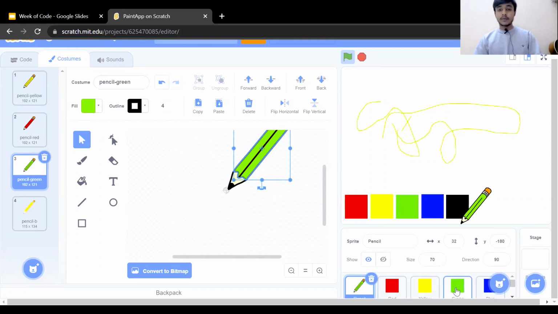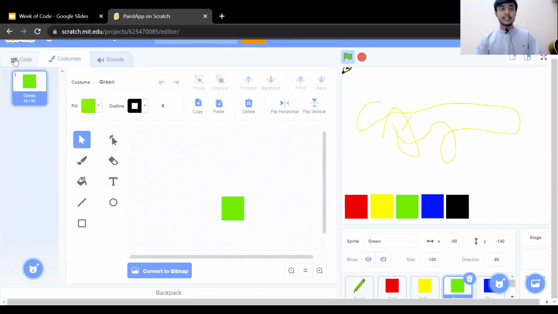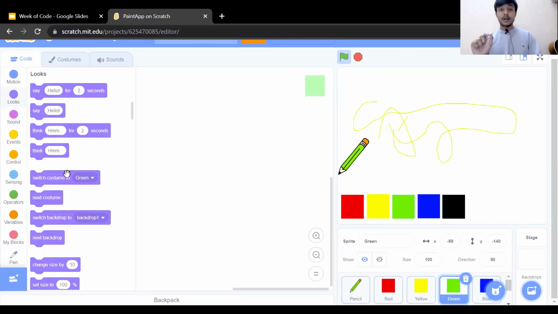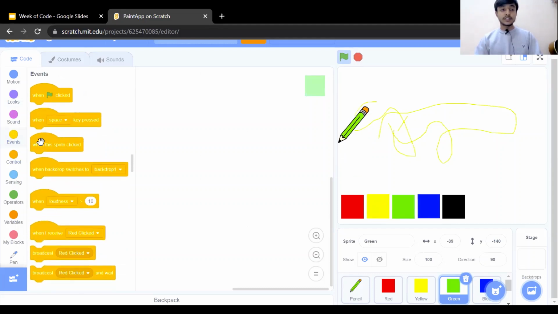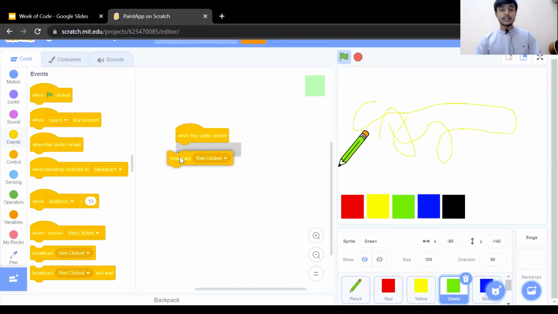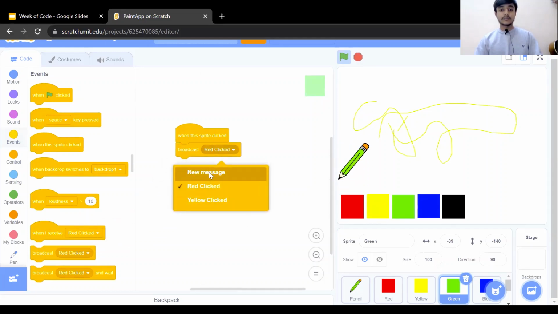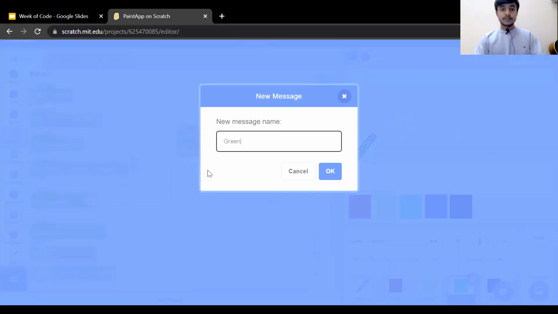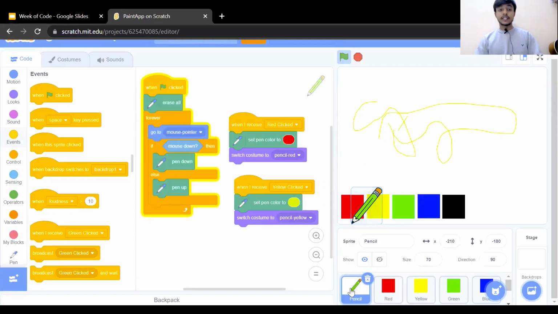Come on the green color box. Write the code when this sprite click. So go to the event section. When this sprite click, broadcast green click. And when this message received by the pencil, so when I receive green click,